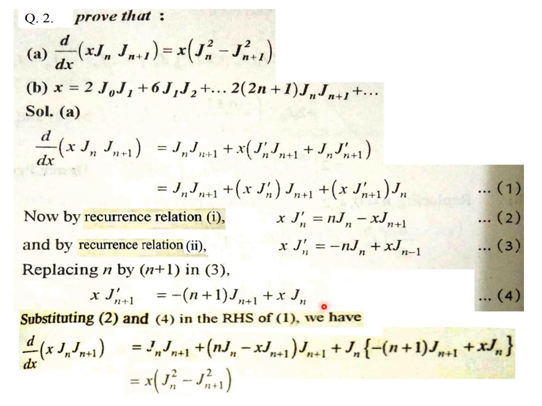Then we use these equations 2 and 4 to substitute values of x jn dash and x jn plus 1 dash at these two places in equation 1. And finally, by substitution and simplification, several terms will be cancelled out, like minus x jn plus 1 whole square, and that is